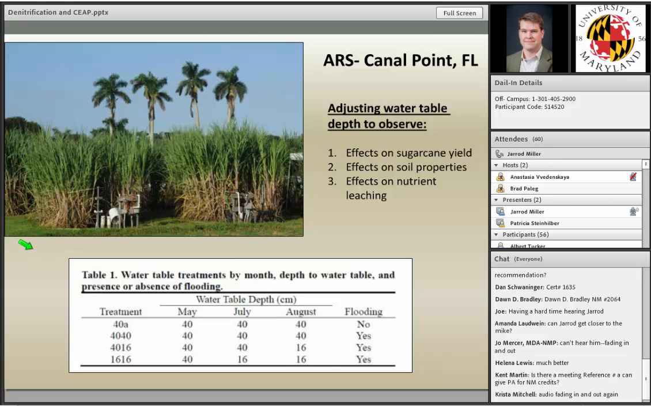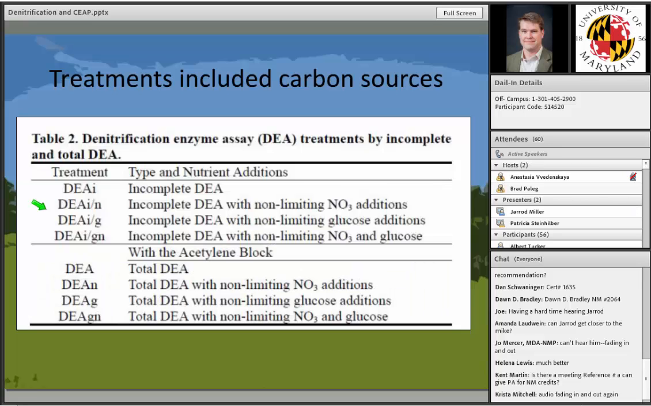For this one, we actually had 8 DEA treatments. It was easier for us to do because there were only 12 lysimeters versus 48 seep sites, so we could run more samples. So we added nitrogen, glucose, and then a glucose and nitrogen combination. So you had your nitrogen, carbon, and a carbon-nitrogen source, and then we did that acetylene block where you get that total. So we actually had 8 treatments so that we could look at